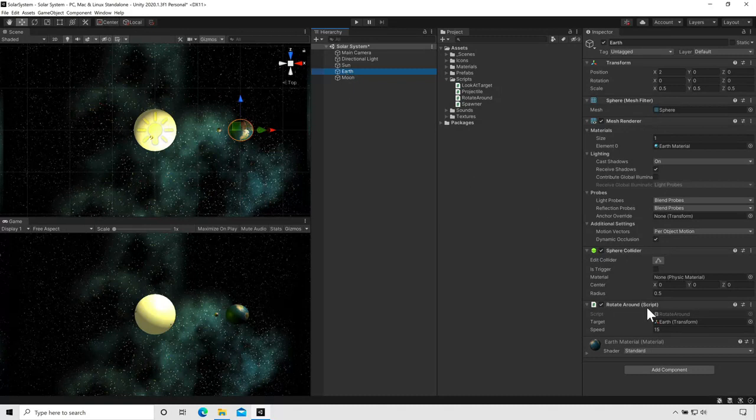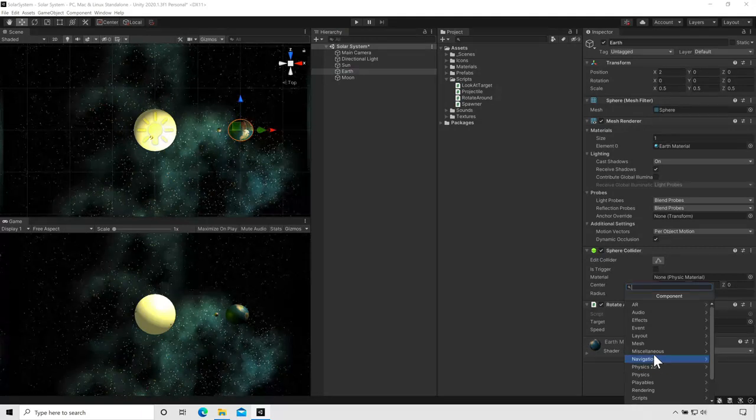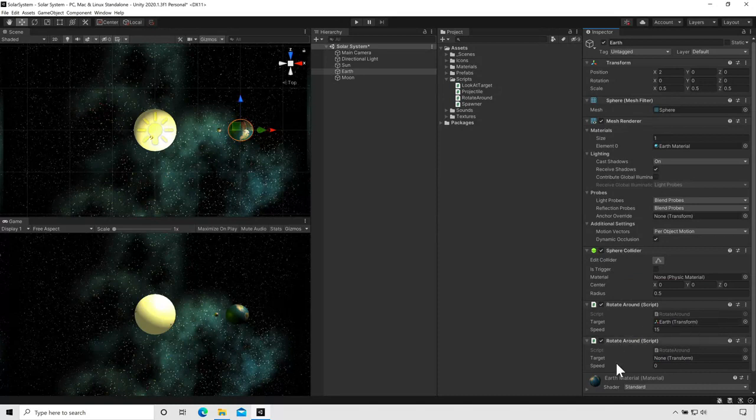And I'm going to actually add a second Rotate Around script. So we've got one that is having it rotate around itself. And you can actually have multiple of the same script, and of course multiple of different types of scripts on any game object. So let me click Add Component, go down to Script, and choose Rotate Around again. You can see we've got a second